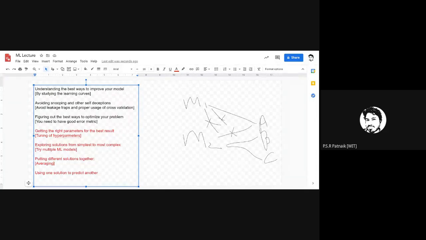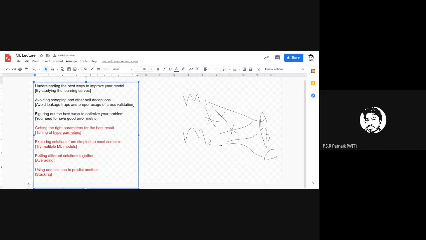So what you will try to do is combine these solutions into multiple models, and we call this averaging. In general, we average it based on some principles which we might have learned during bagging and boosting. So we average out the performance of M1 and M2, and we try to build one single ML model out of these two ML models. The another way to do this is something called stacking. Let me tell you what exactly the difference is between averaging and stacking.